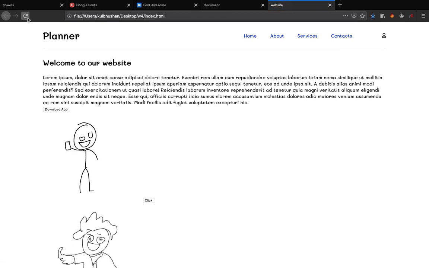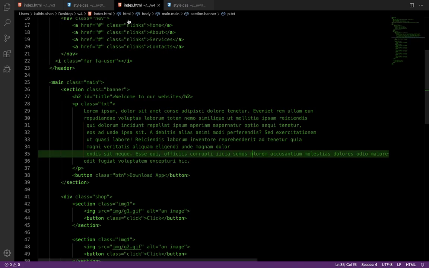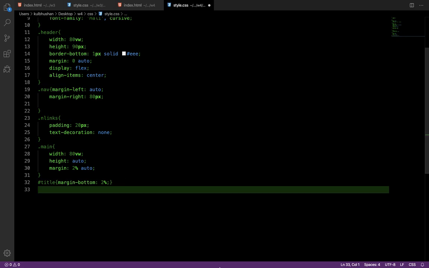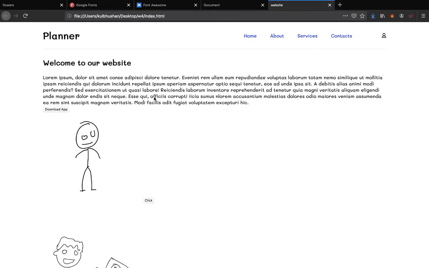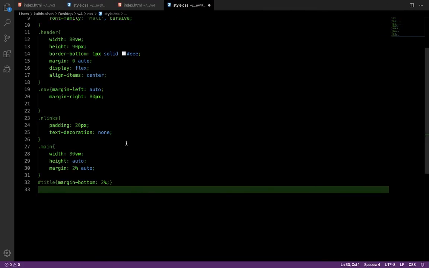And now what else do we need? We need to give this whole section a background. The name of this whole section is banner. We want to give it some background, but that background should be dynamic. I mean, it should change automatically. So how will we do that? Let's come to this thing,